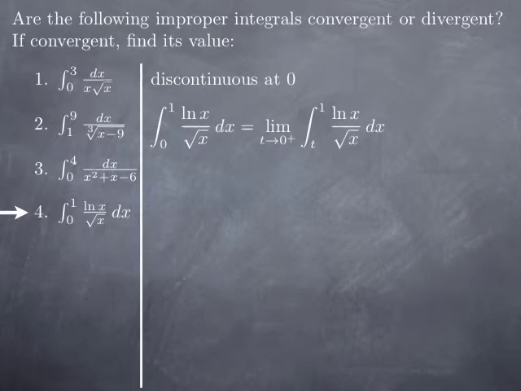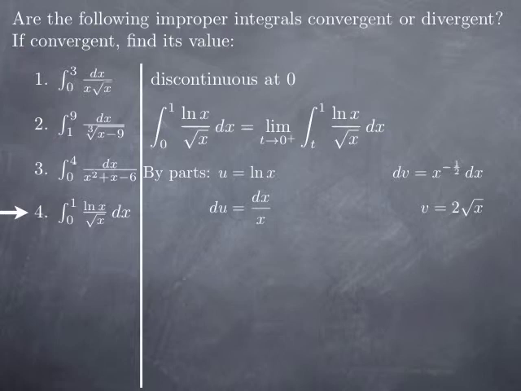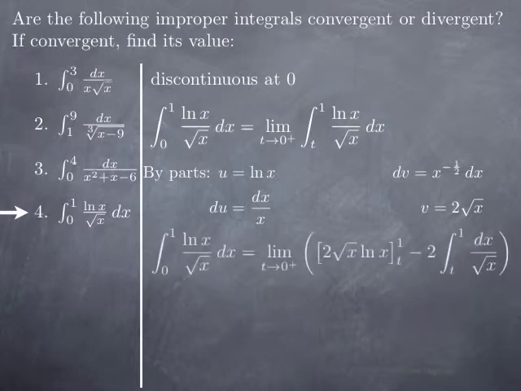Now to find an antiderivative, in this case, we're going to proceed by parts, where we differentiate u and integrate dv, which is dx over root x, in other words, x to the negative 1/2 dx. A derivative of ln of x is going to be just du is dx over x. An antiderivative of dv is going to be 2 root x. Applying the integration by parts formula, we obtain the limit of the value evaluated between t and 1 of uv, which is 2 root x ln of x,